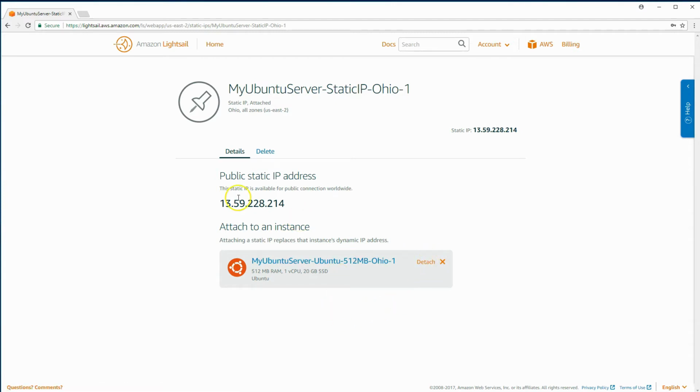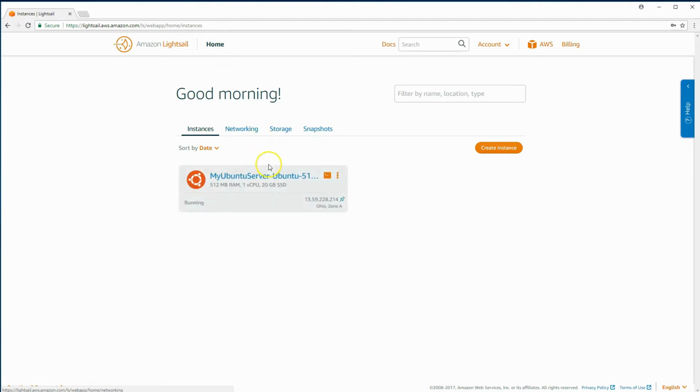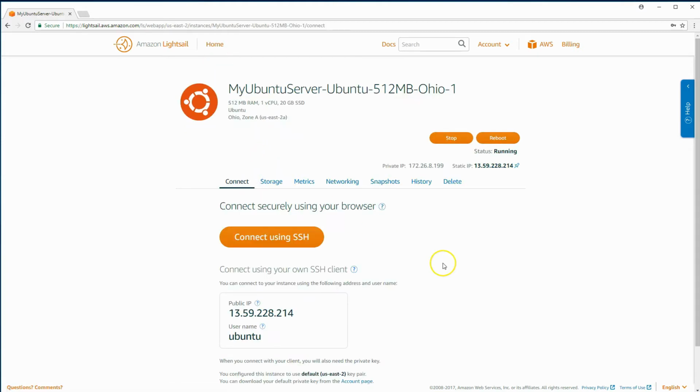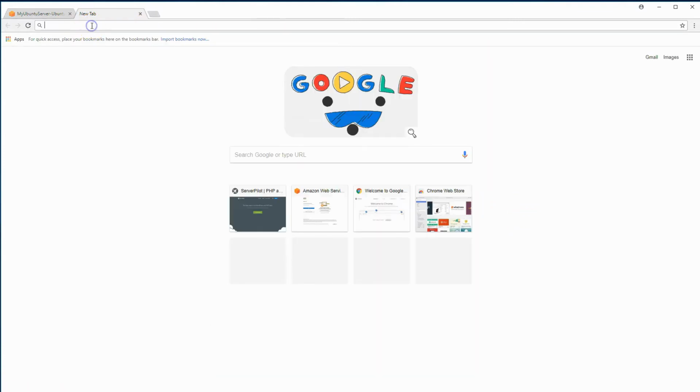You can detach it in case you want to change instances. You want to keep the IP address the same, but you want to pick a different instance to attach it to. So you can detach and pick another instance. We only have one instance, so it doesn't show a drop-down, but it would become a drop-down. Let's go back to home. Click on our instance. Now you can see that the IP address has changed, and now that's our static IP address. So let's jump over to